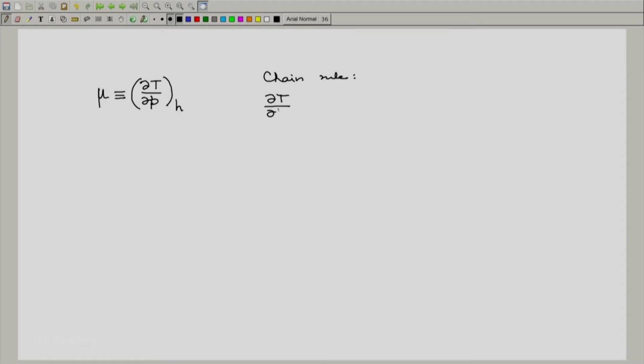the partial of T with respect to P at constant H multiplied by the partial of P with respect to H at constant T multiplied by the partial of H with respect to T at constant P is minus 1. And we immediately recognize that this is our specific heat at constant pressure Cp. And what we do now is transpose these two terms to the right hand side.